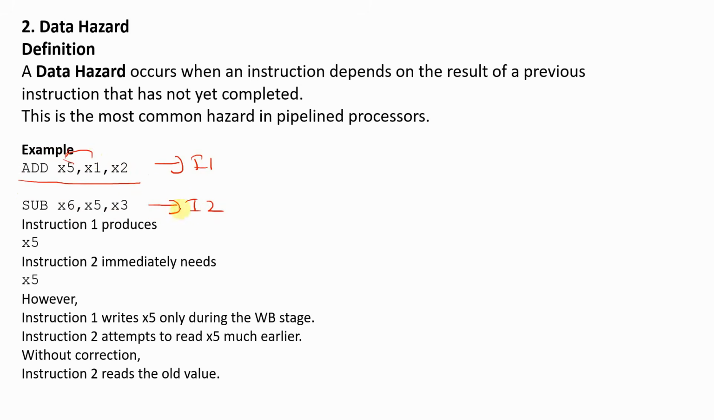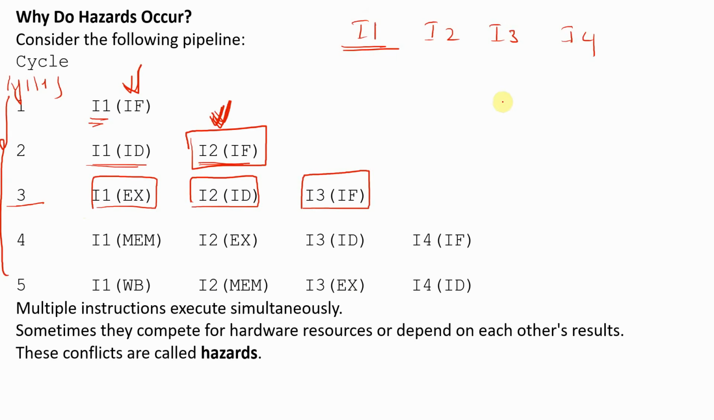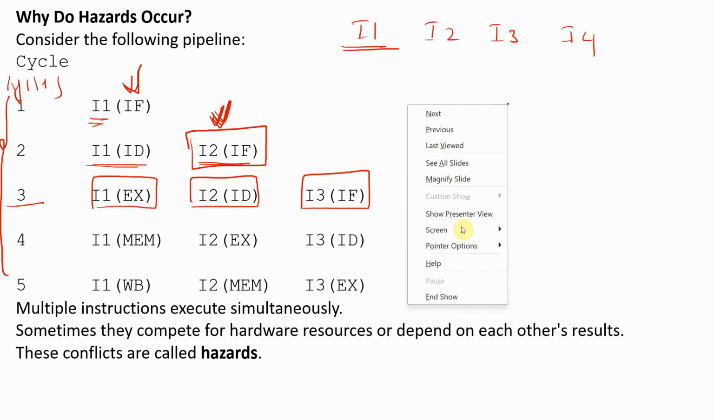And instruction number 2 is subtracting the contents of x5 and x3, and it is storing the result into x6. Now, instruction 1 produces x5 and instruction 2 immediately needs x5. If you carefully correlate this with an example of pipelining, let's say